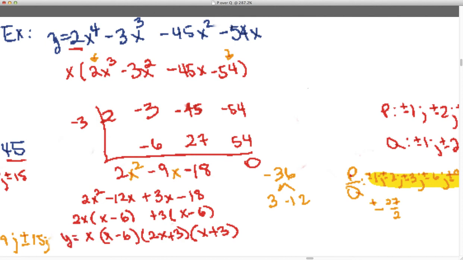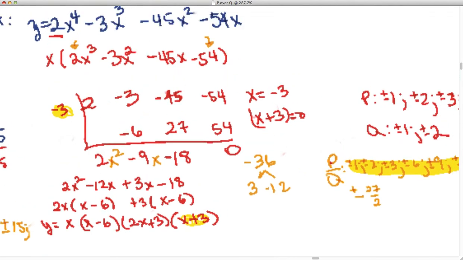I want you to note something. Even though this is a minus 3 here, whenever it comes into the factor, it becomes a plus 3. Reason being, when I have x equals a negative 3, I add 3 to both sides, and that's what the factor looks like. Okay? If I wanted all the roots for that equation, I just set all of those individually